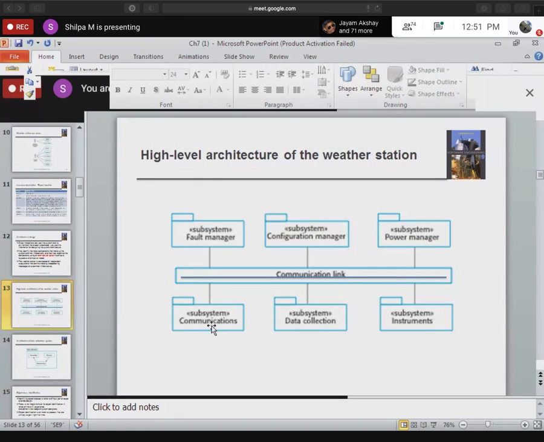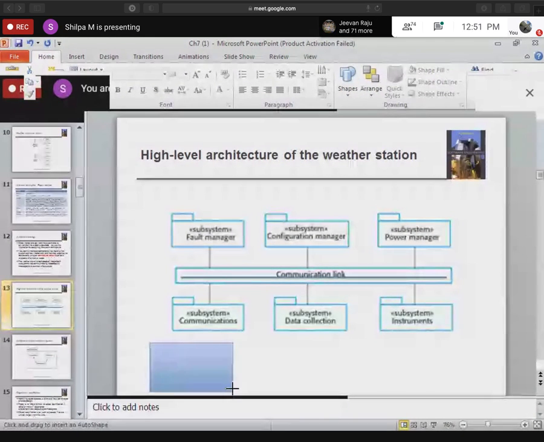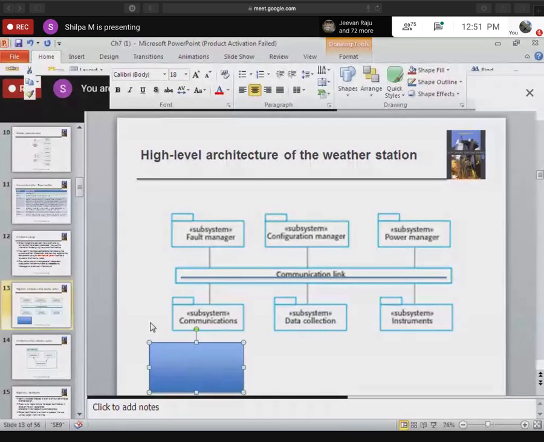Let's say, for example, I have a communication model. I can expand this communication model, and I can make it based on the client server pattern. So there is a client, there is a server, and communication happens. Like that, I can develop this communication. The fault manager, you can develop. Maybe for this configuration manager, I cannot apply any pattern. I will design my own thing and write it. Yes, you can do it.